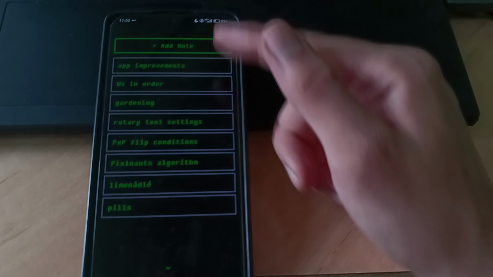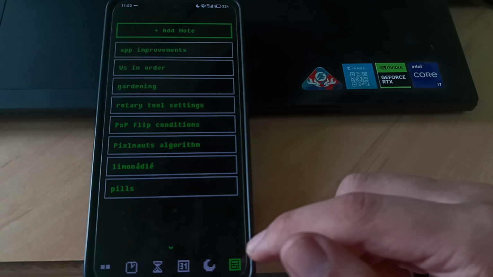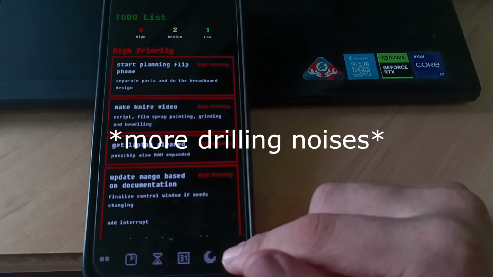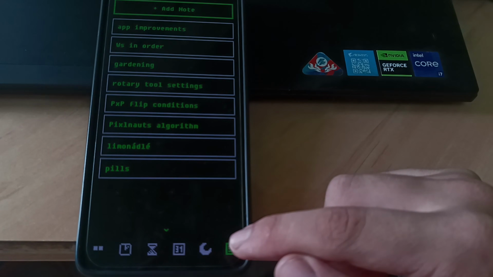The next is we got some notes, and then if we hold this,